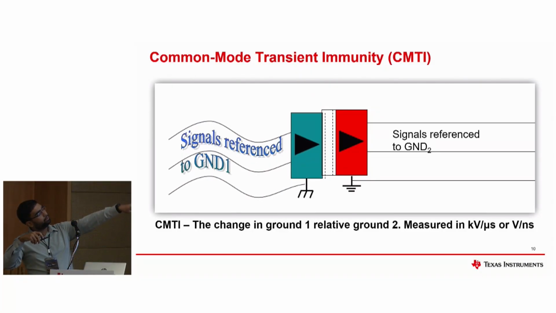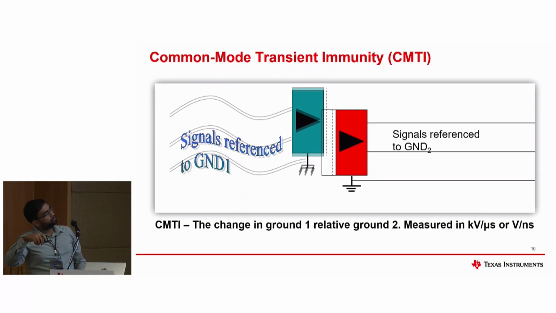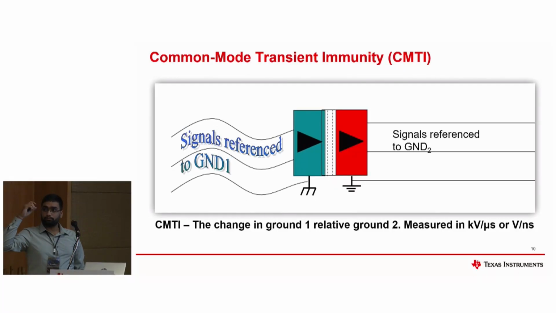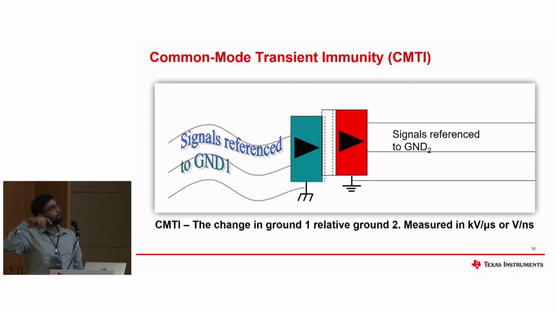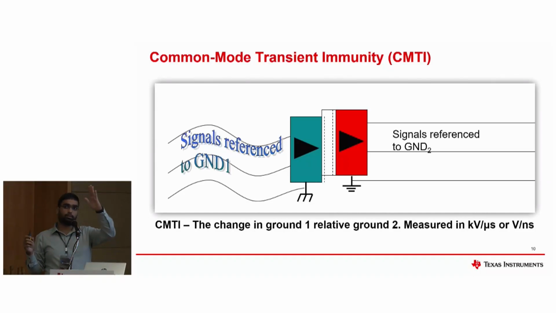If you see now, the CMTI is always spec'd in kilovolt per microsecond. And typically our digital isolators are spec'd for 100 kV per microsecond. It's always about the slew rate with a maximum VCM, how much DC common mode voltage you can apply across side 1 and side 2, whereas maintaining a slew rate and the communication chain doesn't break.